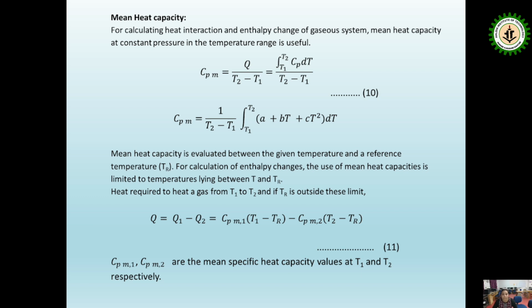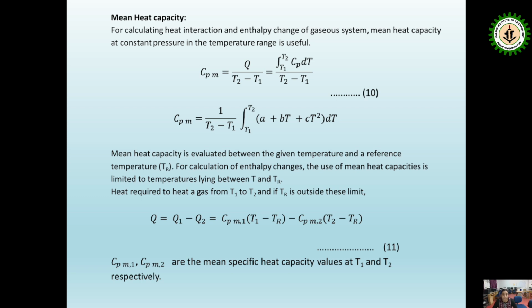So after integration and by putting the limit value T1 and T2, we can get the mean heat capacity of the gaseous substance. Mean heat capacity is evaluated between the given temperature and a reference temperature Tr. For calculation of enthalpy changes, the use of mean heat capacities is limited to temperatures lying between given temperature T and Tr. The heat required to heat a gas from T1 to T2, and if Tr, the reference temperature, is